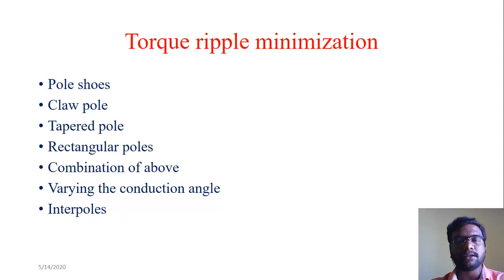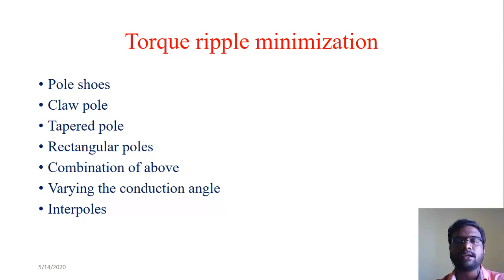And coming to the torque ripple concept, in the torque characteristics, the most important thing of a switched reluctance motor is the torque, right? So this torque characteristic has a vital role in the performance of an SRM motor, and not only an SRM motor but also all electrical machines, right? So I want to reduce this torque ripple. Torque ripple is nothing but a pulsation in the torque characteristics.